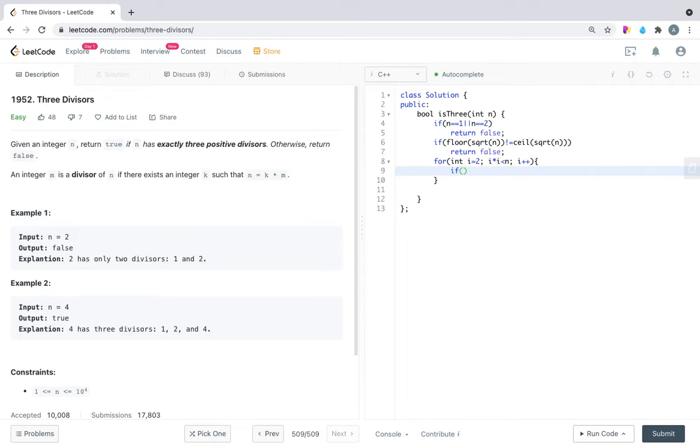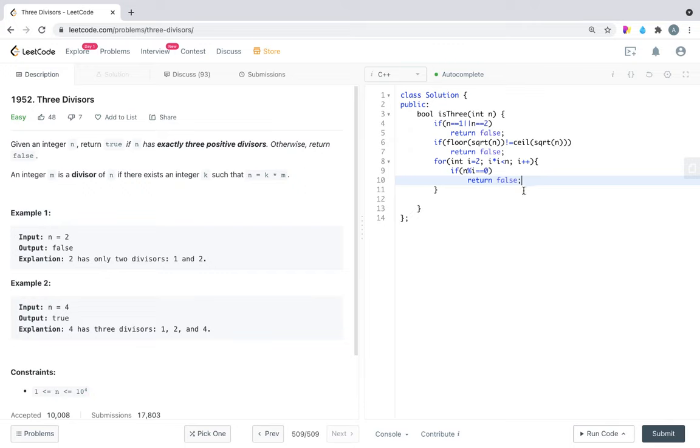If n modulo i is equal to 0, return false. So what we are doing here is that if any number lesser than the number divides that number, it means we are getting a greater number of divisors.